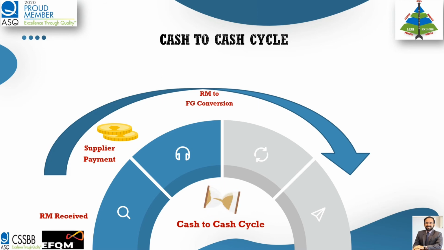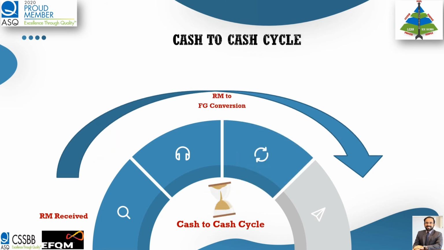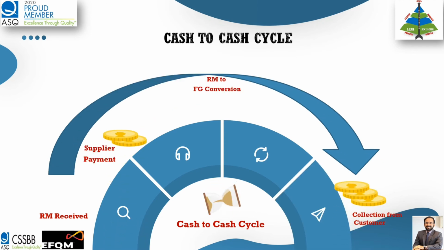With the examples I just quoted in my previous slide, poor material planning, changes in specifications, design issues and so on will increase the conversion time from raw material to finished goods. As a result, you delay the collection, because you delay the project, you delay the delivery, you delay the invoicing, and so too in the case of collection. So the company is starving for money. That's what I'm trying to depict. The supplier has got the payment and the conversion process is still going on, and finally you get the cash from the customer after so many days, so many weeks.